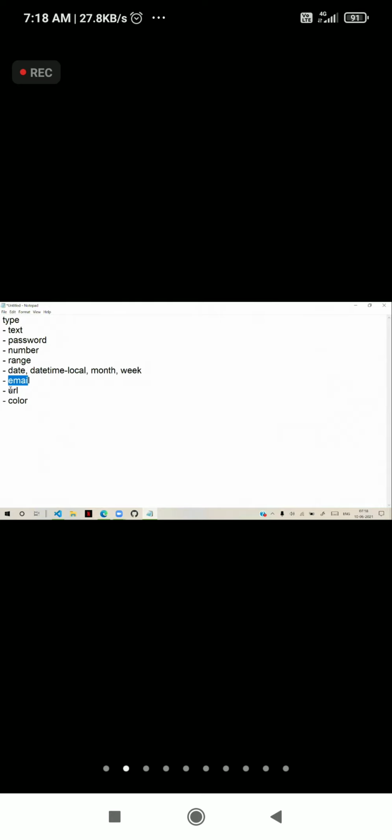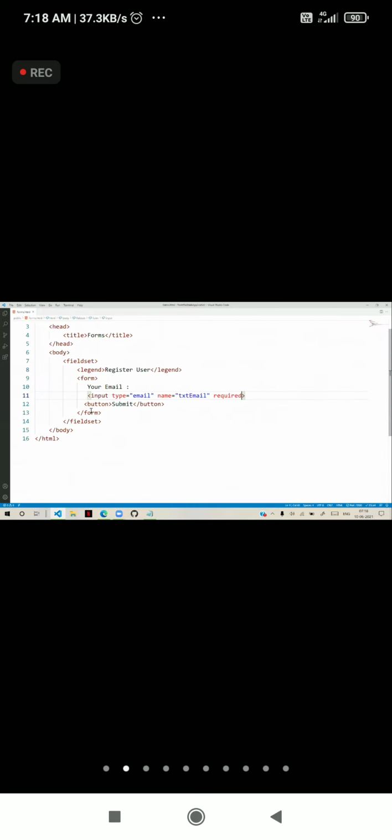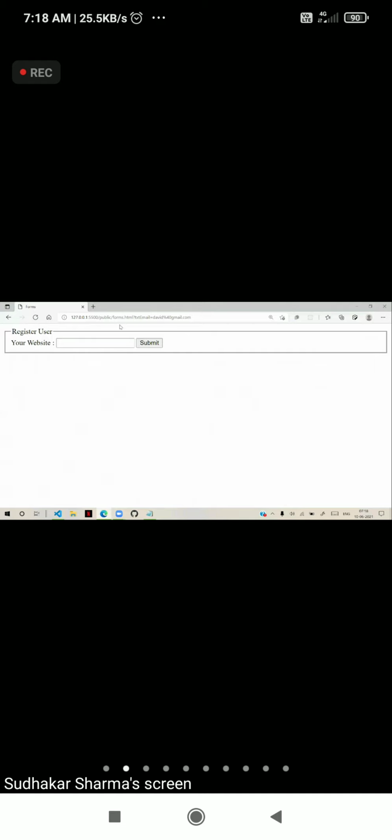Similarly, input type URL by default has URL validation. For example, your website, and here you can give a URL, txtURL I am giving. So this is website, and in this we need to type the website address. Required, fill out.